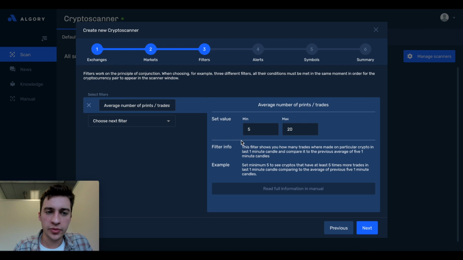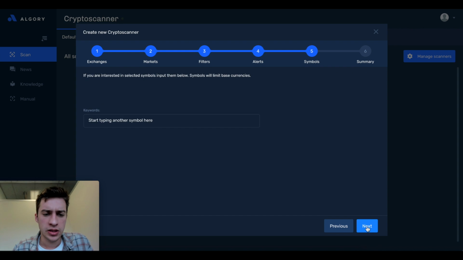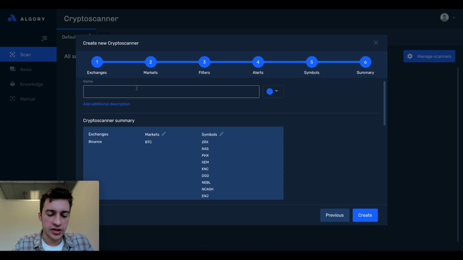So why are we setting this up? Well, this is going to show me whenever there's a large amount of trading activity on an altcoin, because that may be a large up move, a large down move, maybe something that I could look at, and then I could trade on Binance. I'm going to keep it super simple and just name this guy Binance